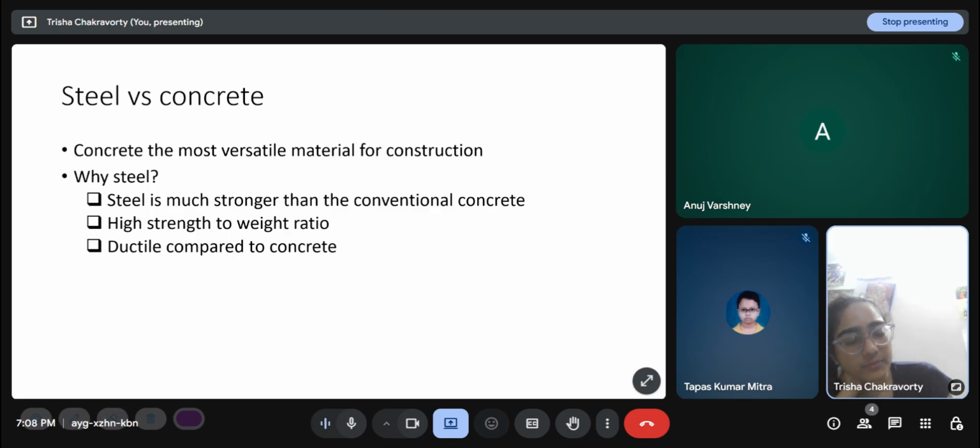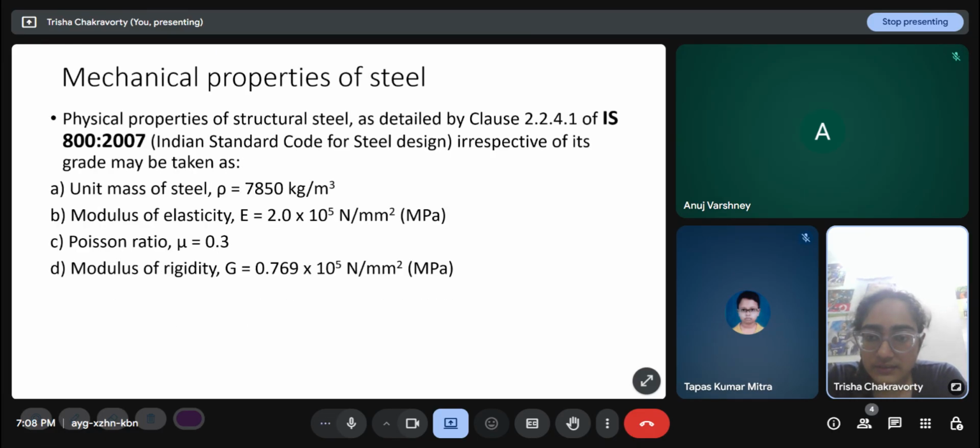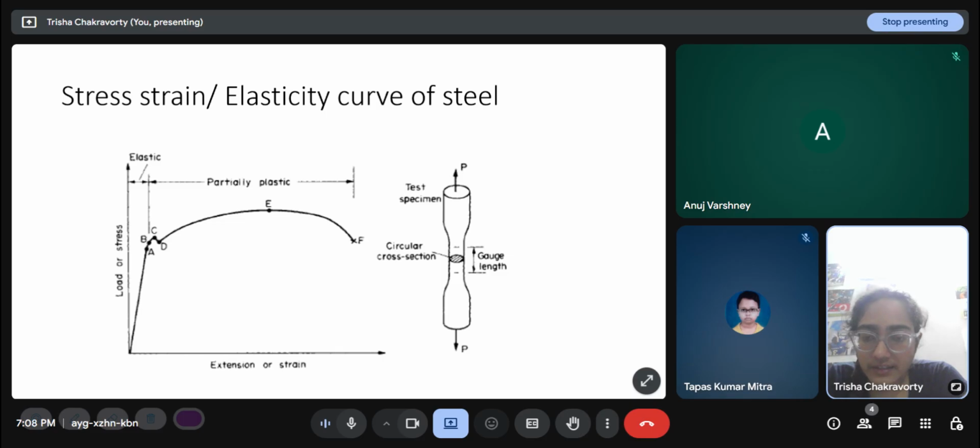And steel is ductile compared to concrete, which means that it allows a lot of deformation after yielding. Even after yielding, the stress capacity increases slowly, but the strain increases a lot. The technical definition of ductility is, the more the area under the stress strain curve is, the more ductile the material is. This is the entire area under the stress strain curve. For a brittle material, it will just go up to yielding and then break here. The fracture point in steel goes along for a long distance along the x-axis.